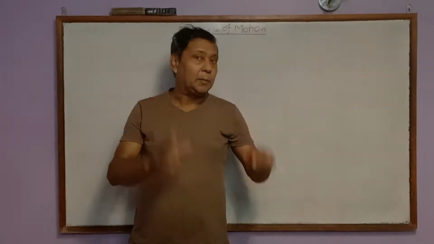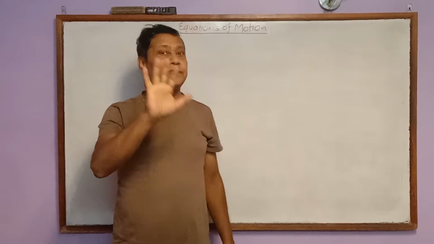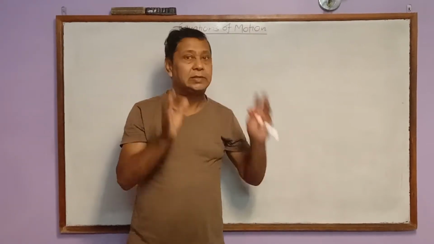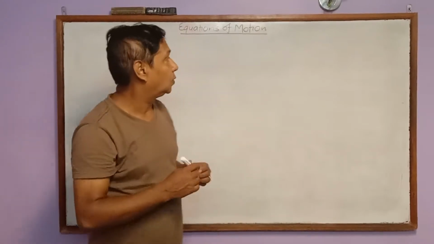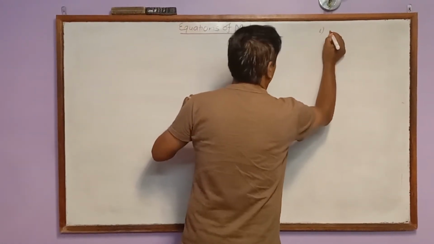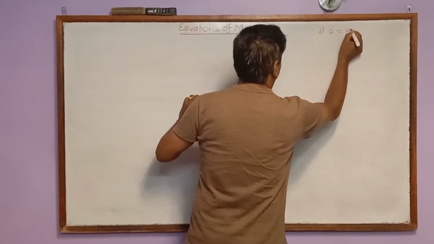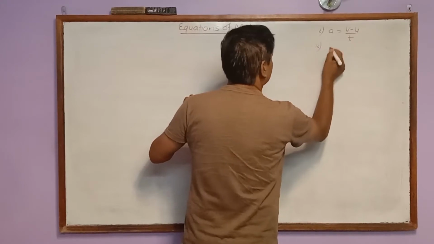Today I want to talk about the equations of motion. There are 5 different equations which I am going to deal with today, and these 5 equations we are going to prove also. What are they? Let's talk about them. First equation is a equal to (v minus u) by t,